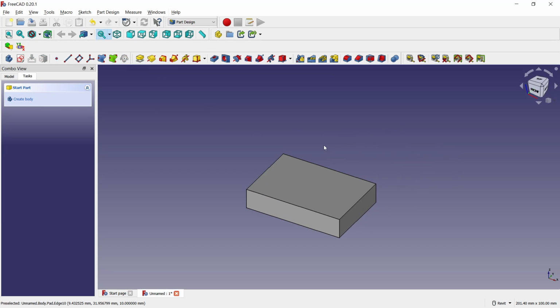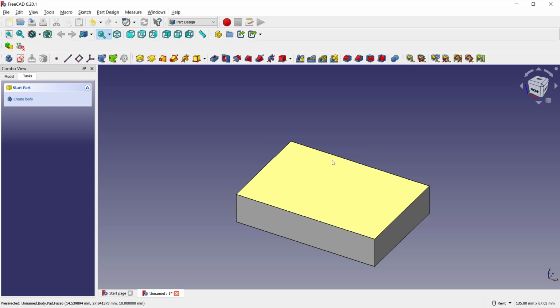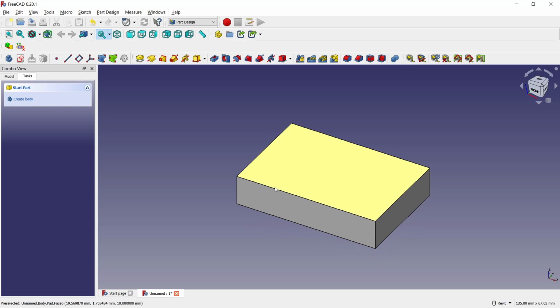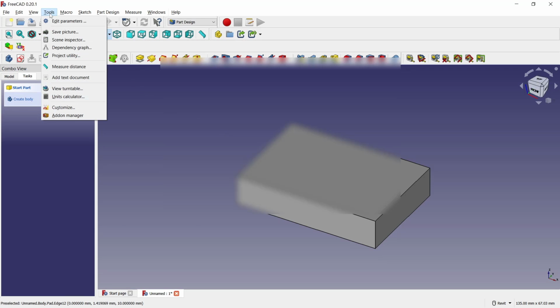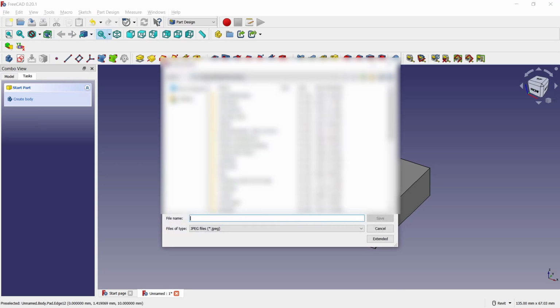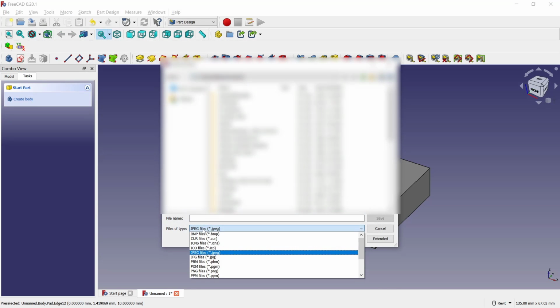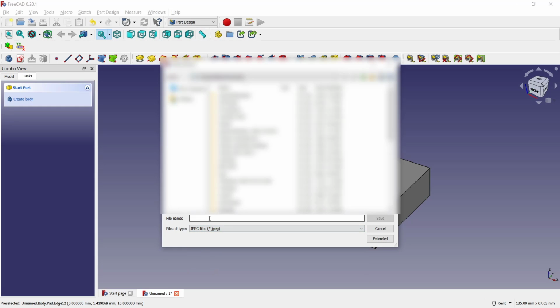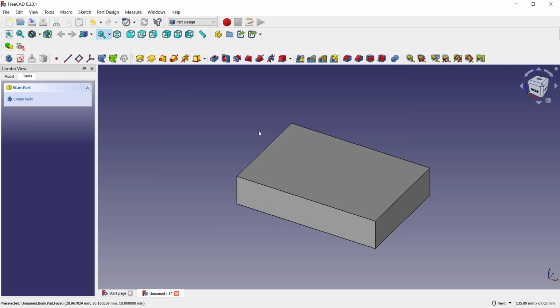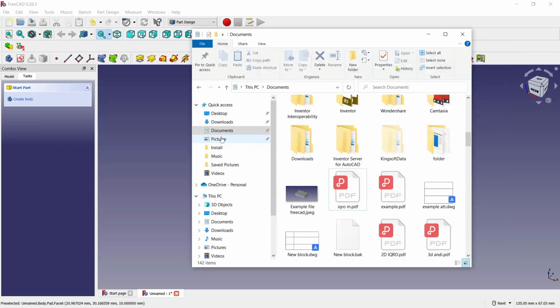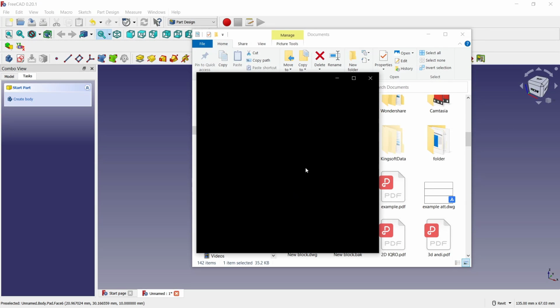Click OK. Now if you want to export or save this part into JPEG, you can go to Tools and click Save Picture. Here you can set the file type, like JPEG or JPG. I will use this option, JPEG, and you can set the name, like I will set it to example file FreeCAD. Click Save. Now you can open your folder and you can double click to open the file